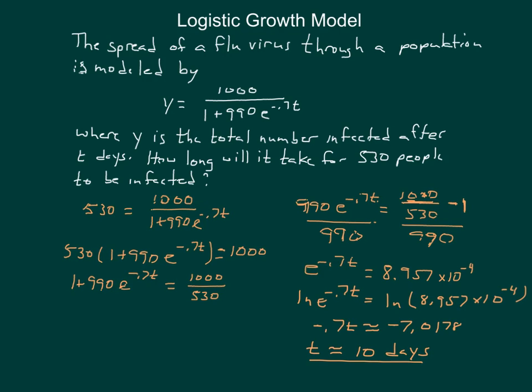Our next model is the logistic growth model. Now, again, this one really looks at population growth over an extended period of time, because populations cannot grow completely exponentially all the time. Eventually, there are going to be issues that come into play, space and food being some of the bigger ones. So the logistic growth model really looks at that long-term growth, but it also can be used to model things like